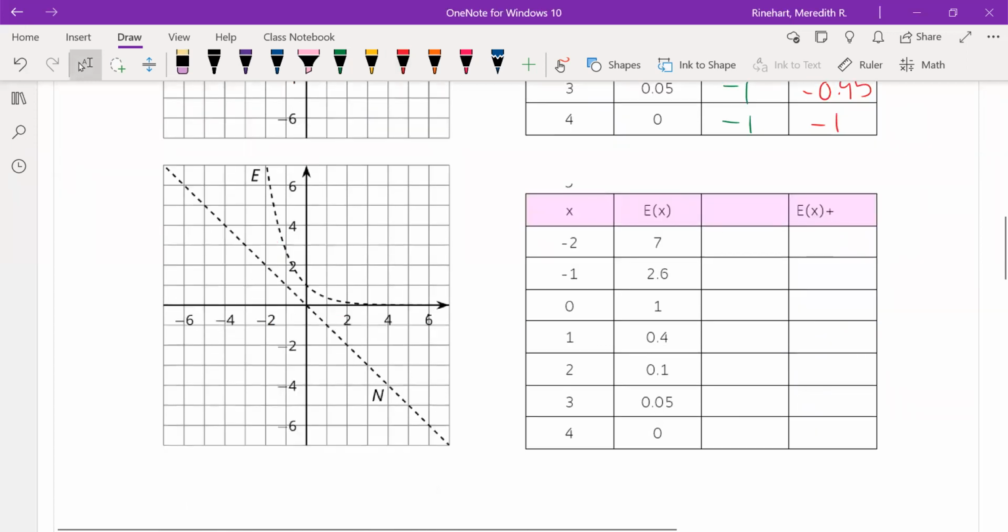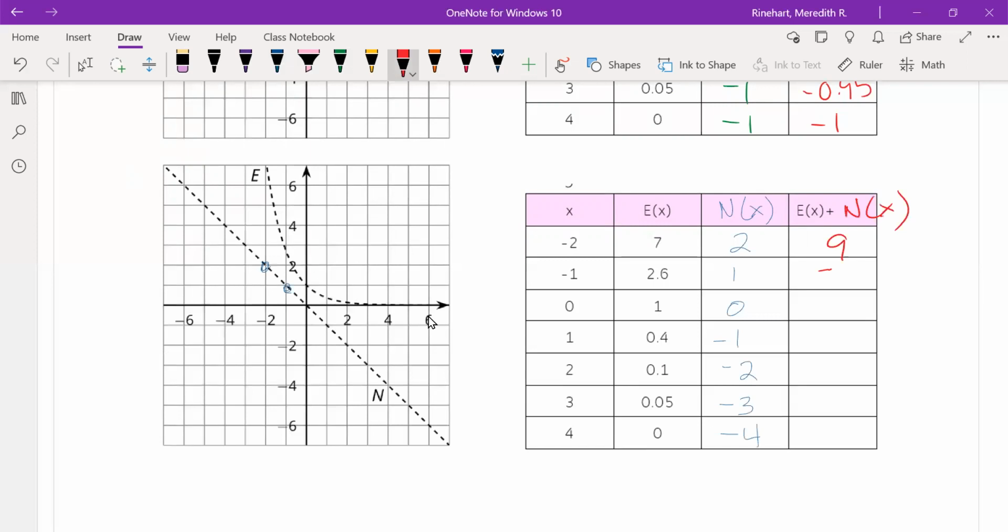This graph is n. So find our points for n of x. At negative 2, it's at 2. At negative 1, it's at 1. At 0, it's at 0. And then it goes negative 1, negative 2, negative 3, negative 4. So when combining these to get our new function, we get 9, 3.6, 1, negative 0.6, negative 0.9,